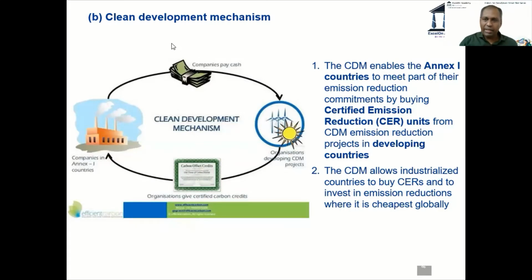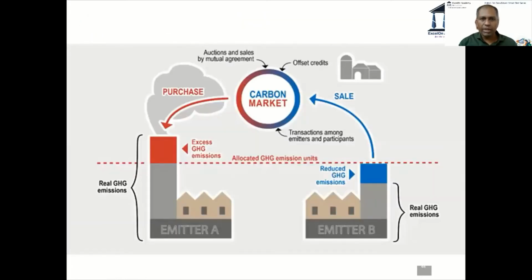Now, since some of you have said it, let me explain this to the whole class. Last class, what did we see? I want you to compare these two figures. It's very, very interesting. I'm just going back to the previous slide. Do you remember this? I think we discussed at length. Emitter A, one country. Emitter B has produced excess carbon dioxide. He, quote unquote, transfers the carbon dioxide to this country and pays some money. But we understood that it is not a physical transfer. It is only an assumed transfer. So this is simple carbon trading.